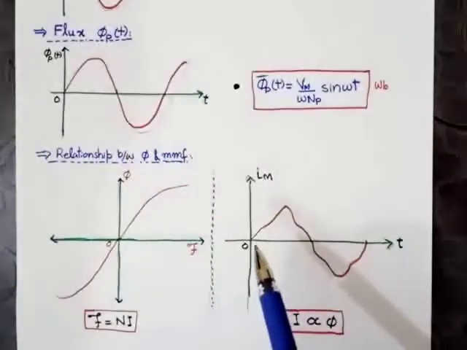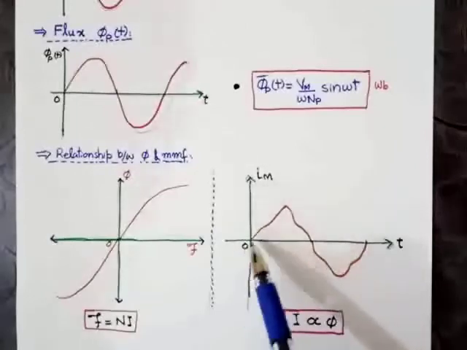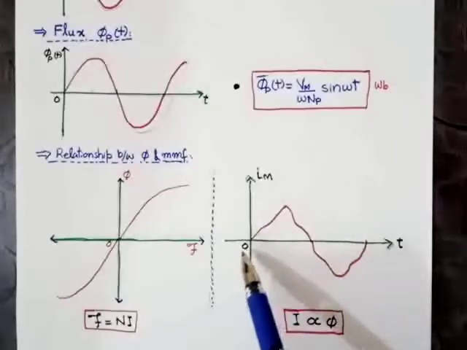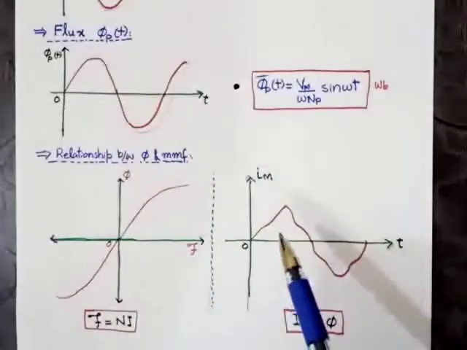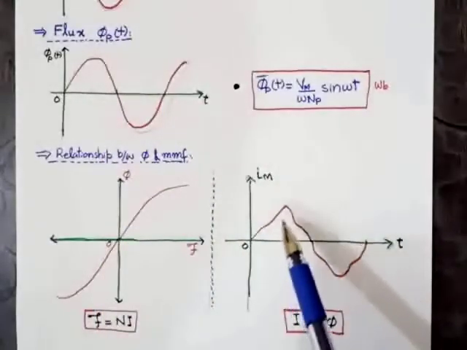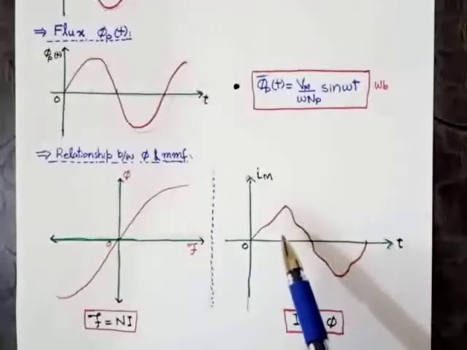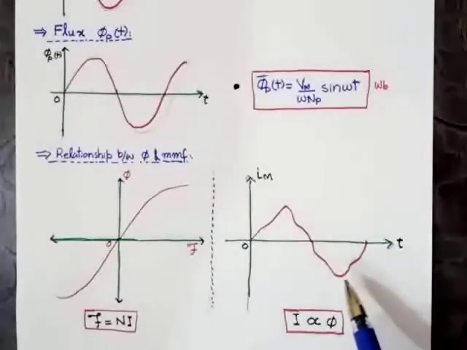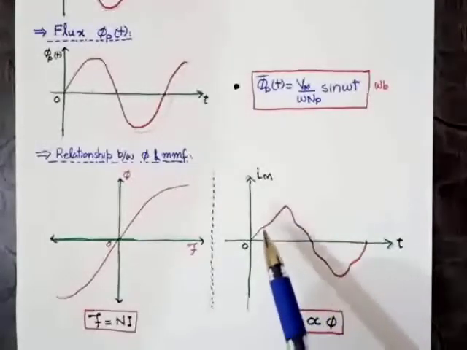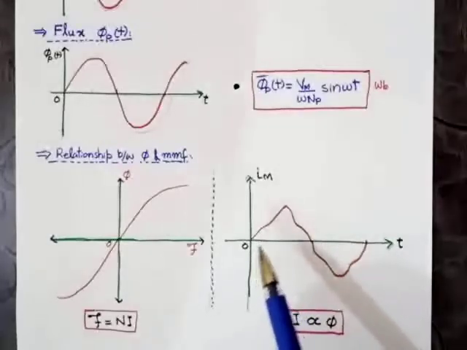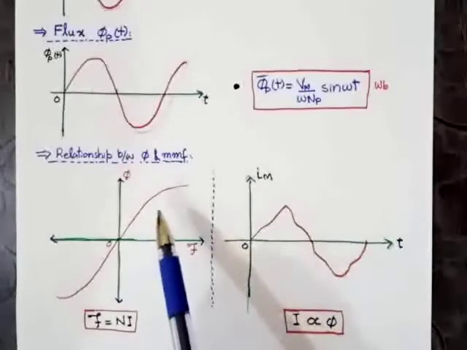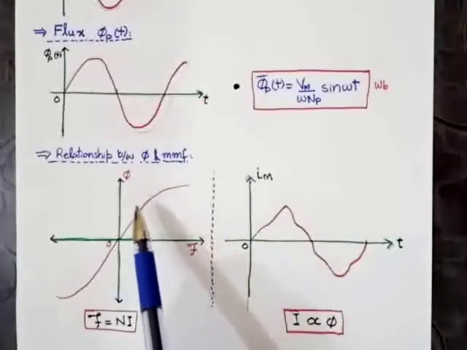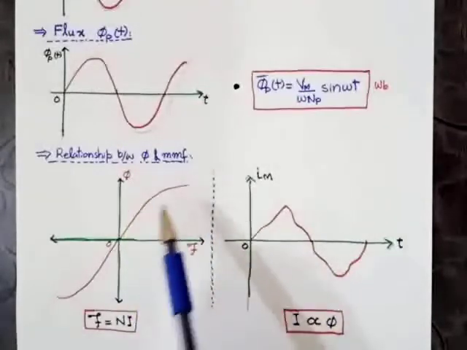When the flux is maximum, the waveform of the magnetization current will be maximum as well, and so on. The waveform of the magnetization current is not purely sinusoidal, because when the core is in the saturated region,